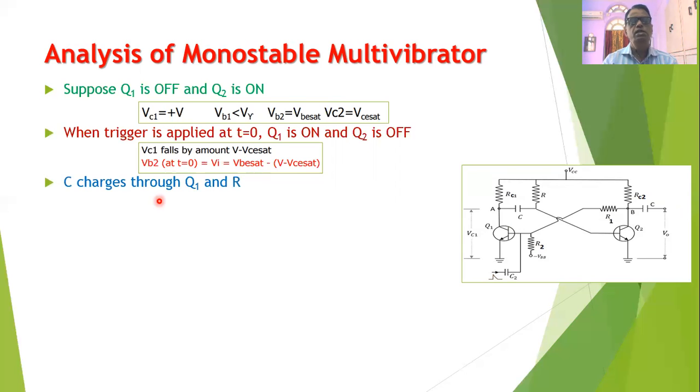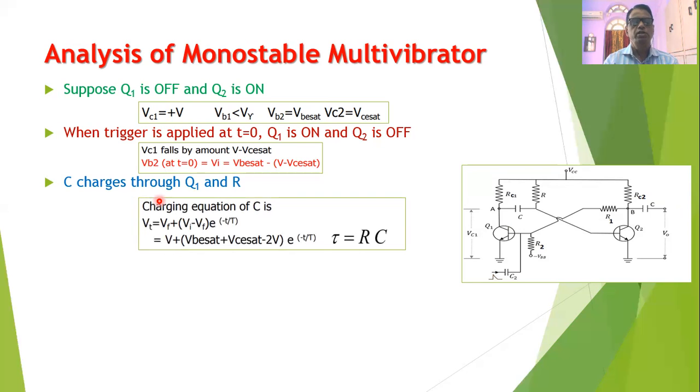Now the capacitor C will start charging through the on transistor Q1 and resistance R. The charging equation for the capacitor C can be given as Vt is equal to Vf plus (Vi minus Vf) into e raised to minus t upon tau, where Vf is the final voltage, which can be equal to the supply voltage V. Vi is the initial voltage, which is mentioned in the above expression, and Vt is the voltage across the capacitor